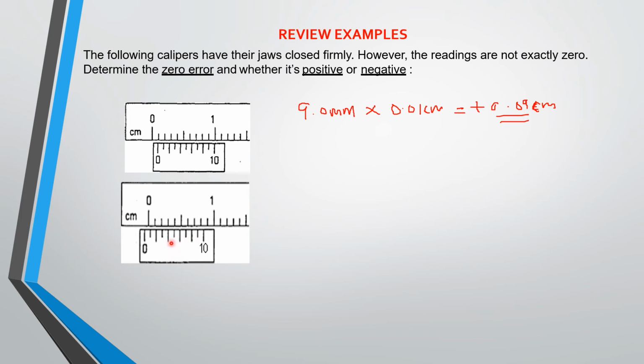So here, let's look at it. This is 1, 2, 3, and 4. So this is 4. For you to calculate your zero error, you have negative, that is negative already. So you have 10 minus 4, whatever you have, multiplied by 0.01 centimeters. So this will give you minus 6